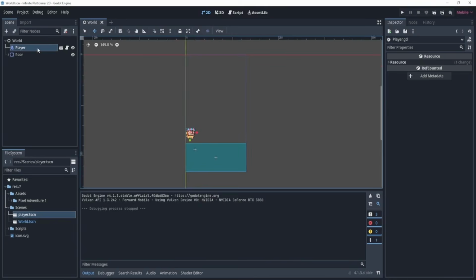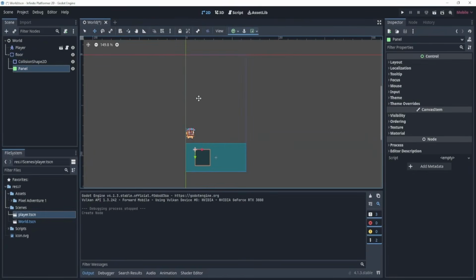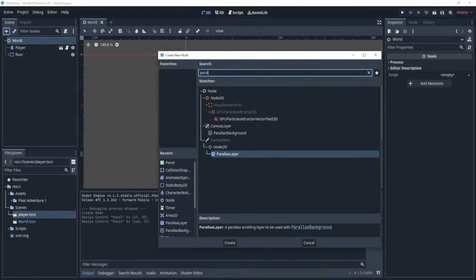Now we just want a background. We also want the floor to have some sort of thing, right? So let's add a panel to our ground. And this will be our ground. It's not very pretty, but that's okay. Now we can add a parallax background,